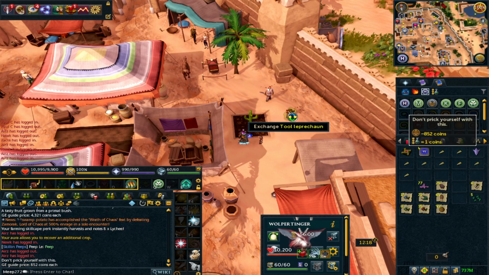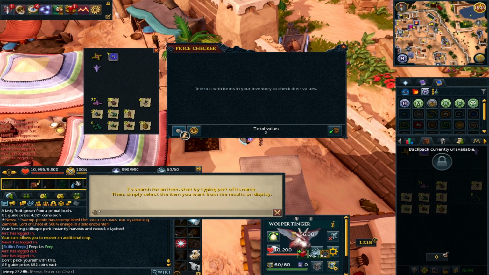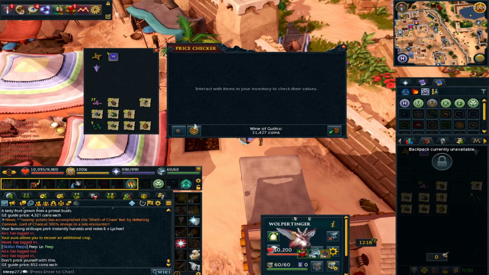Again, cactuses, 852, not really worth it. But in terms of the grapes, if we go wine of Guffix, 31k. Wow, that's actually really high. Wine of Saradomin, 31k. And then finally, wine of Zamorak is where we won't make a lot. Yeah, 692. So really, you're going to make 20k from the Zamorak. We'll make something like 240 from the Guffix. So if we say like 260, we're probably going to make something like 600k from your grapes,